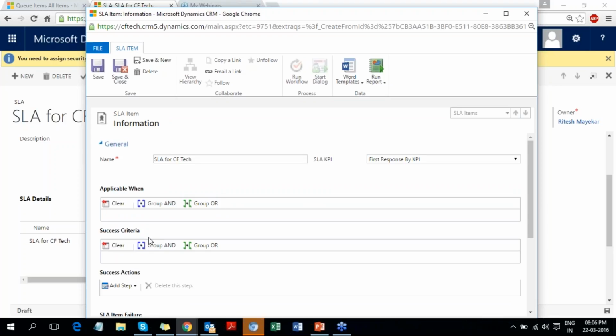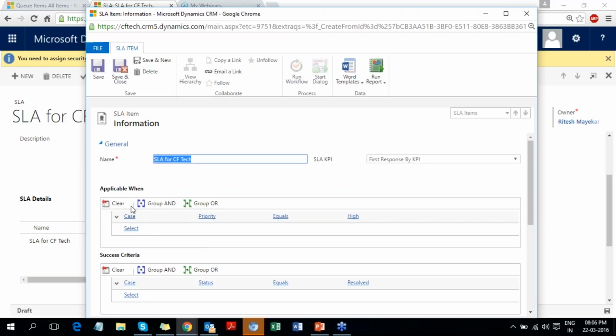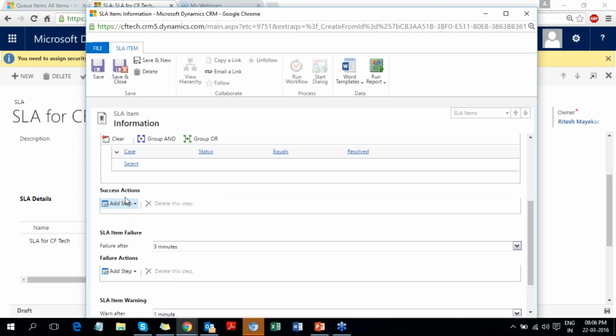Now you can see here some steps have been highlighted. You can click on add step. This is the success action. There are a lot of types of steps here: send email, create records, update records, assign record. So these are the SLA types you can mention here. For now, as I already discussed, we have less time, so I'm going to create one SLA